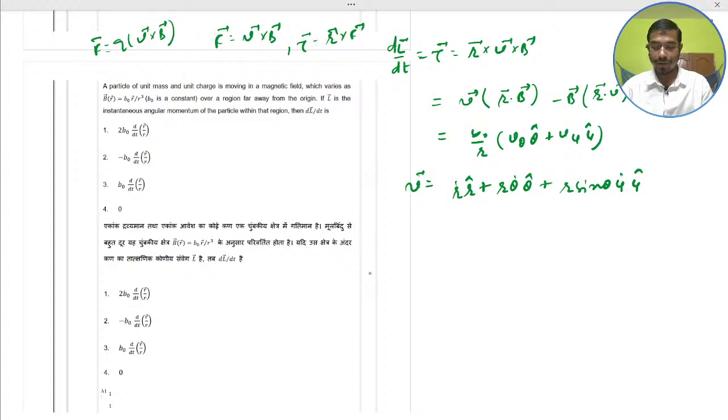Put this value, you would get the value of dL by dt